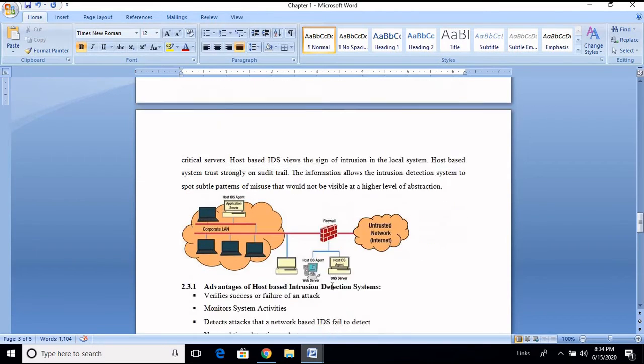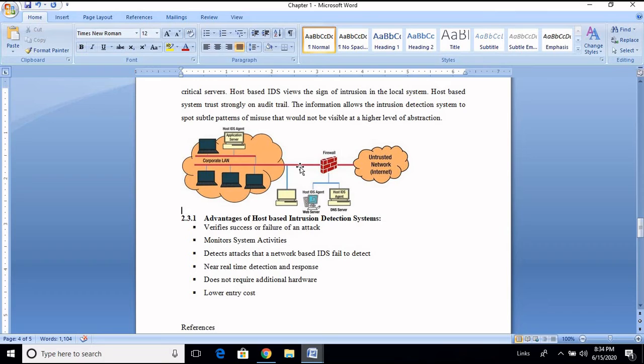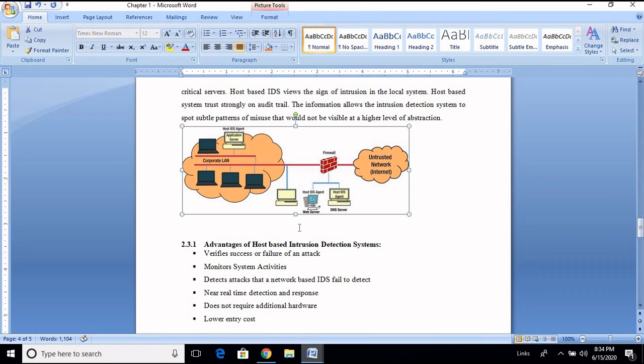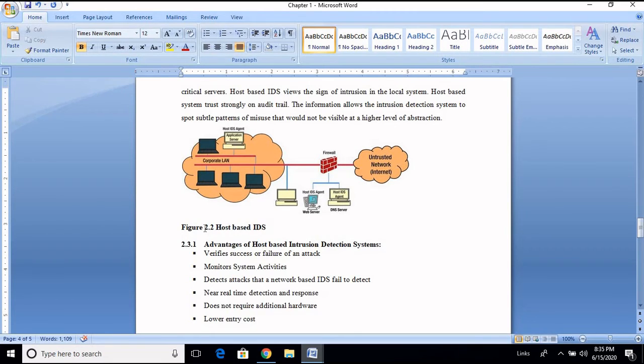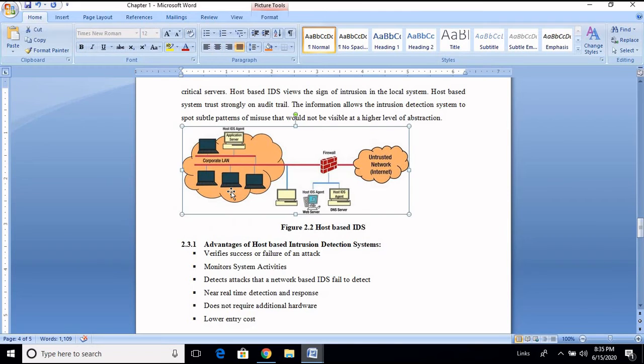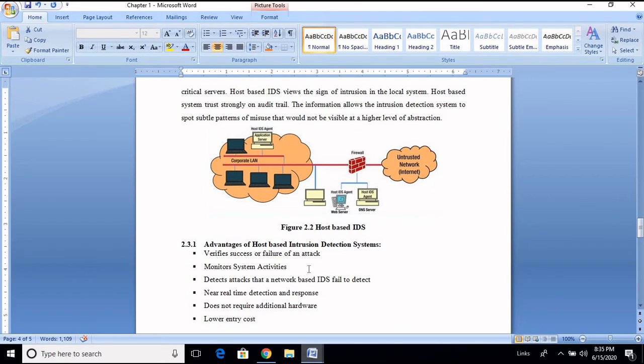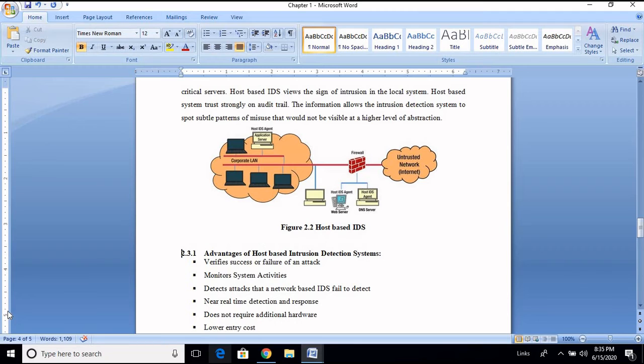And if you take this diagram, this is also in the second chapter, whereas this is the second diagram. So what I am going to do is write Figure. This figure is in the second chapter, and this happens to be the second diagram. So it is Figure 2.2, and it is host based IDS. It is also in the center, and the diagram is also in the center. Yeah, it is over.